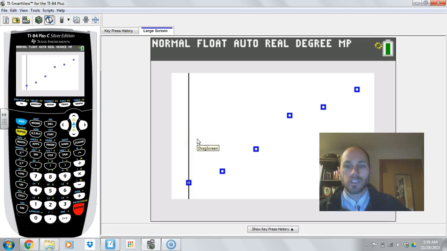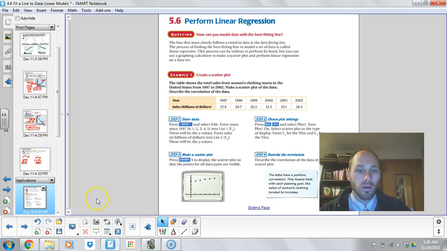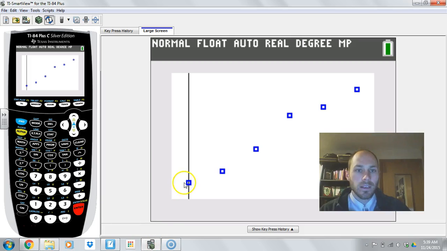Okay, what kind of correlation do we have? It would appear that it is positive correlation. I can draw a line of best fit through here. So the next thing we want to do is create our equation. After we've described our correlation as positive, we can model our correlation by performing what's known as the regression. So on your calculator, the first thing you want to do is make sure that your